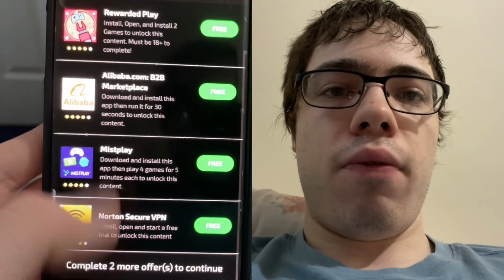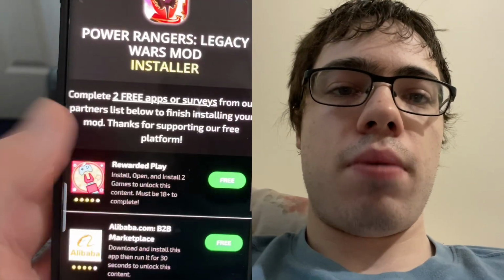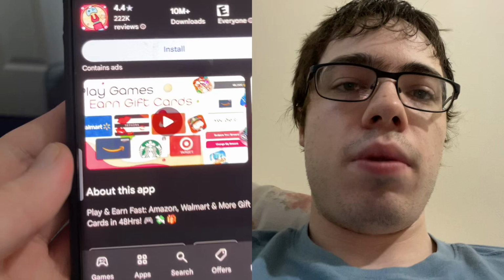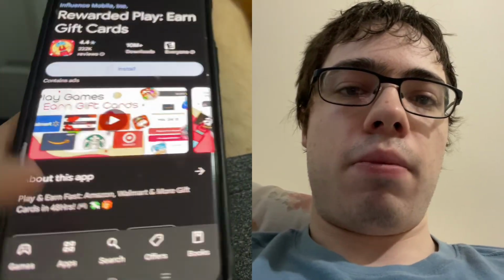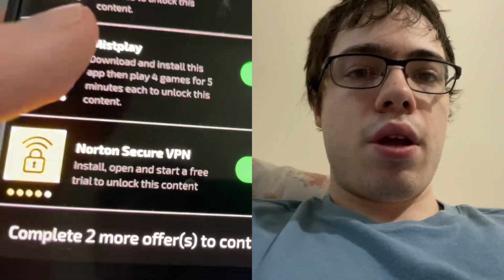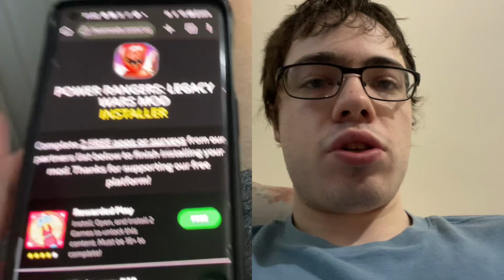So there's going to be around 4 of these apps. You just want to pick 2 of them, press tap to install, and it's going to bring you to the app store. Now I'm on an Android, so it's going to bring me to the Play Store. But if I was on an iPhone, it would bring me to the app store. Now these apps have their own instructions, so make sure you're reading those. They're all different. So after you do the verification, you should get the Power Rangers Legacy Wars modded version installed